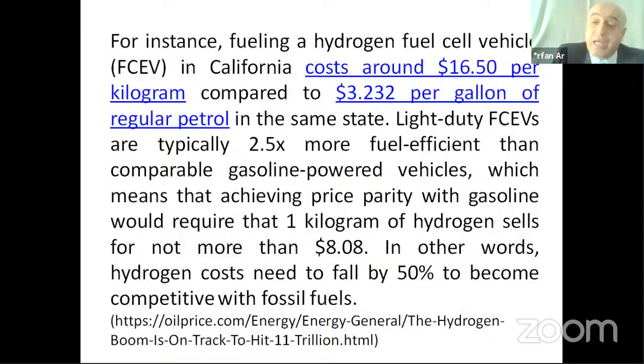Light-duty fuel cell electric vehicles are typically 2.5 times more fuel efficient than comparable gasoline-powered vehicles, which means that achieving price parity with gasoline would require that 1 kilogram of hydrogen sells for not more than $8.08. In other words, hydrogen costs need to fall by 50% to become competitive with fossil fuels. Therefore,